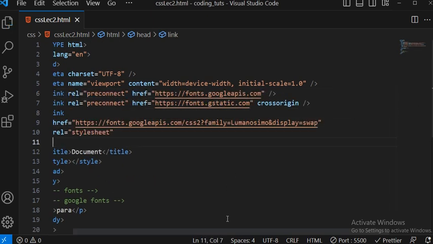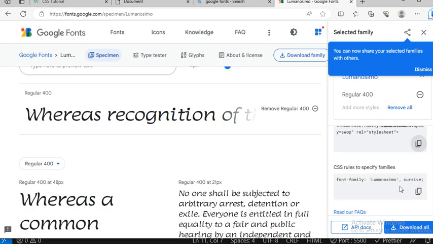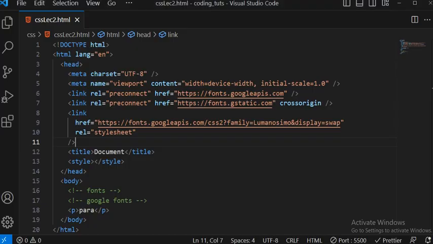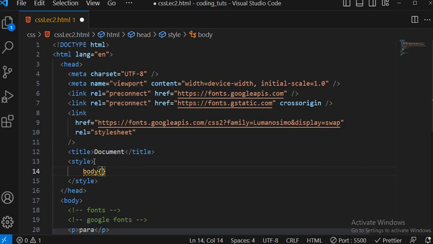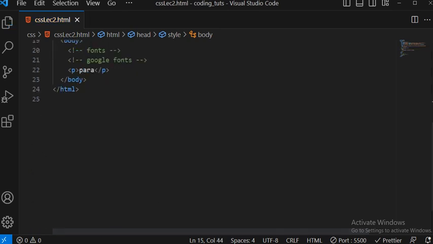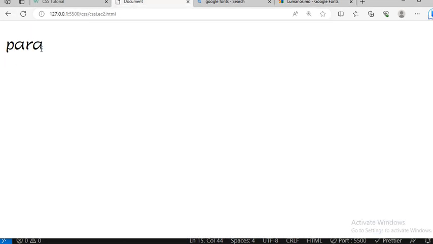Save this, and after that, wherever you want that property, just copy this for now. Suppose I want this applied to my whole body, so I simply write body. Body means that wherever you see it, it will apply there. And just paste this. Now you see the same paragraph, the same para, is coming